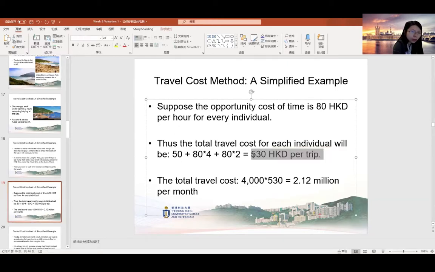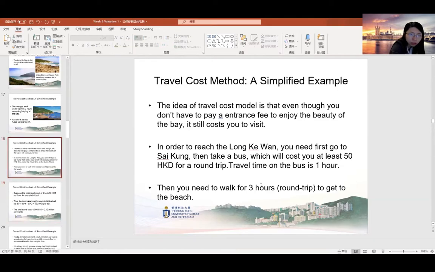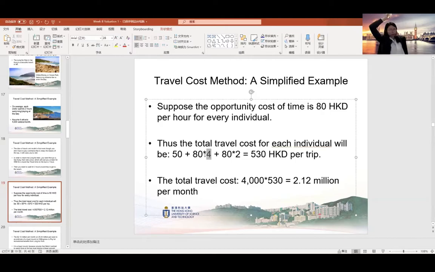In general you pay 530 Hong Kong dollars per trip just to get to the beach on average. I think here you need to walk for 2 hours, which would explain the fare here. So the round trip costs you 530 Hong Kong dollars. The fact that you're willing to spend all the time and money just to get to the beach means that the value the beach brings to you is higher than 530 Hong Kong dollars. So the way we do this is that suppose there are 4,000 people who visit